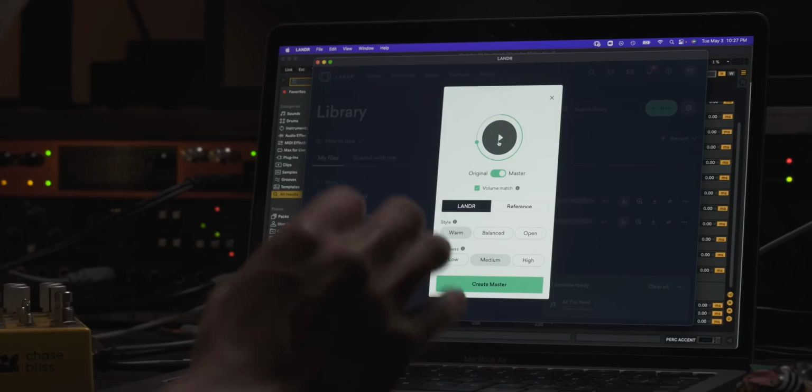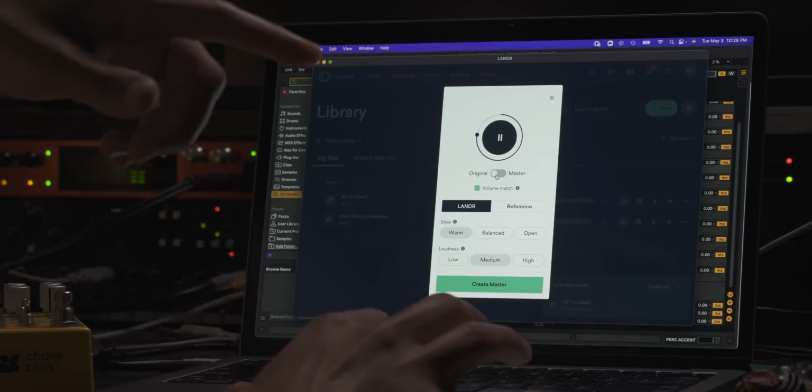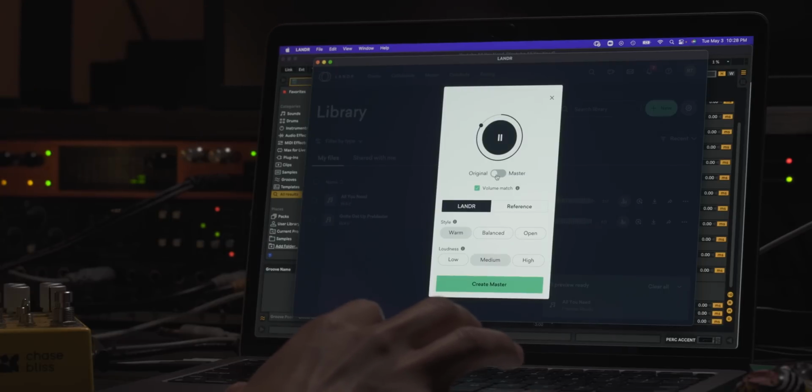So one thing I love about mastering, I still don't know how they do this. I think it might be multi-band dynamics, but basses, they go boom, and then they just have this beautiful round bottom that follows their initial sound. And that's what this mastering does, because without it, it's there, but